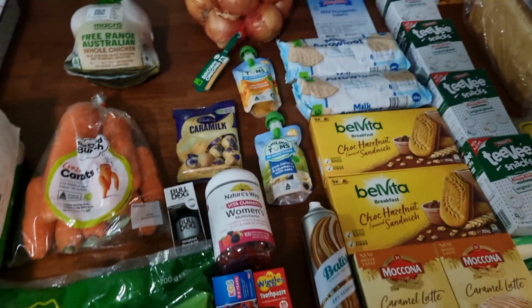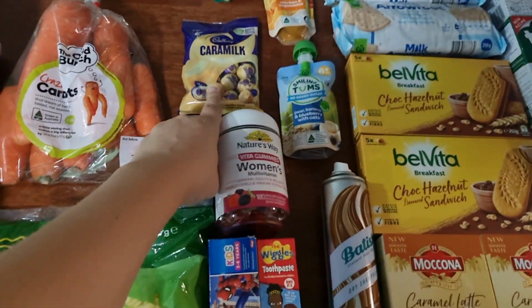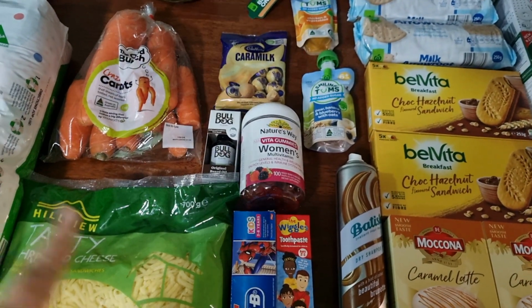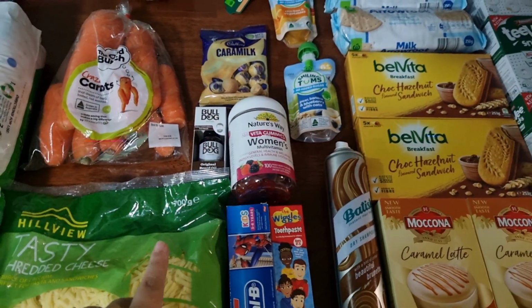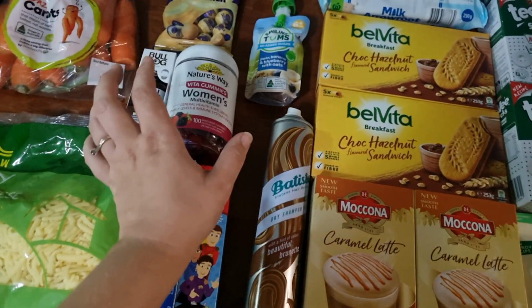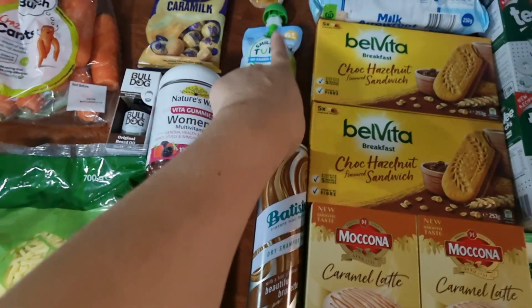We also have these caramel chocolate eggs I got on clearance, because Easter's gone. These were $2.50 and I really like those, and was going to share them with hubby. We have the $1